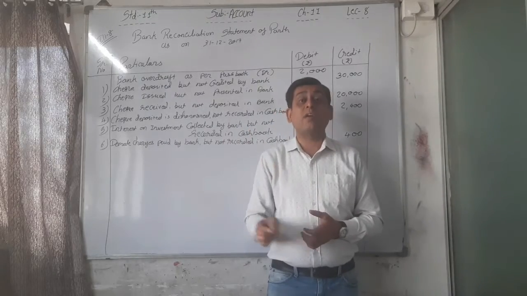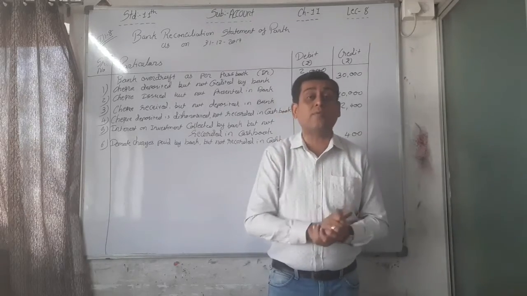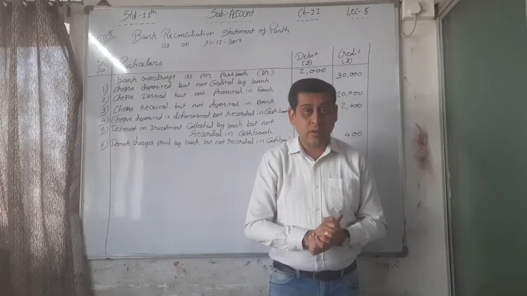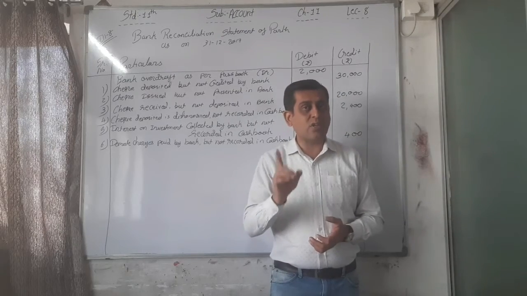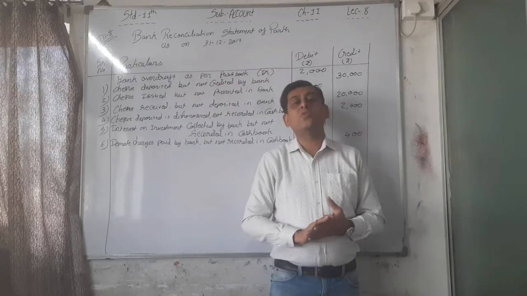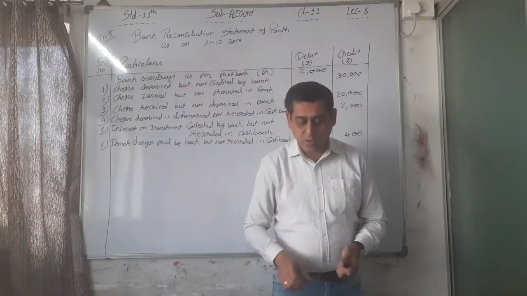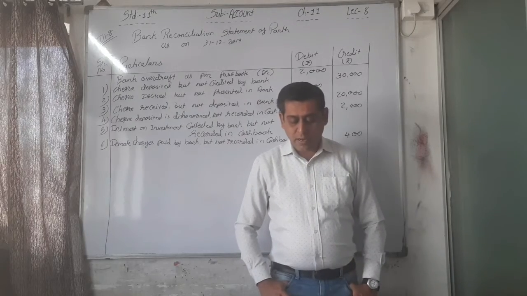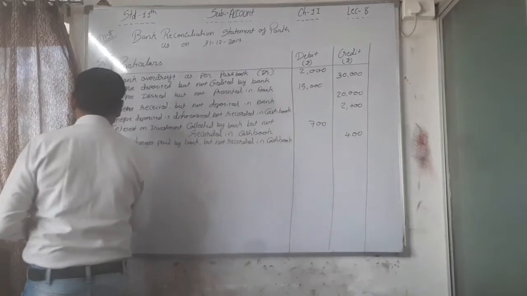But by mistake, the trader recorded that particular cash purchase in the bank column of the cash book, that is in the bank account, right? So here on the payment side, that is on the credit side, the mistake is done. So do the reverse only. We have to just debit it. Okay. The 7th point. Here cash purchase is recorded on the payment side of the cash book in the bank column.